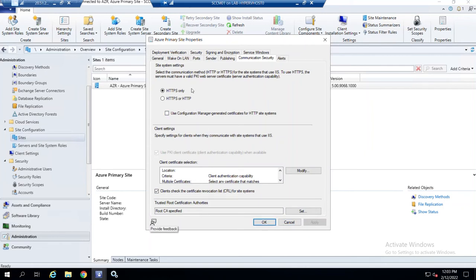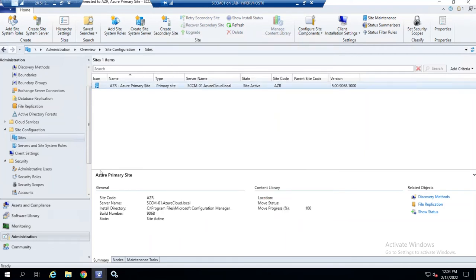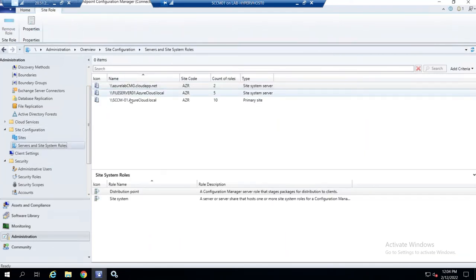Okay. So HTTPS only because I have the PKI set up. Some of the client methods do not support HTTP only. For example, manual push does not support HTTP if you go through the documentation. So since my client will be on HTTPS, I can show you the manual process now. So that's good. I'm gonna just quickly check